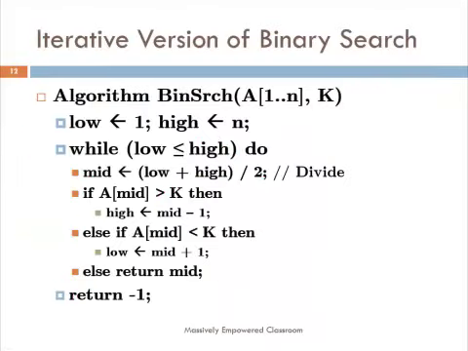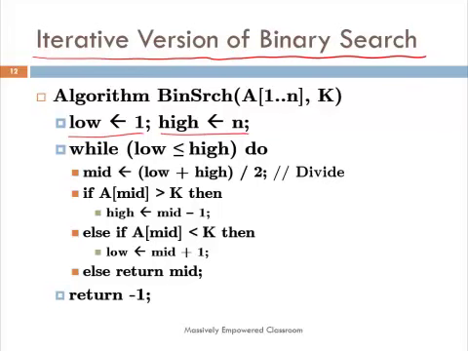You can eliminate recursion and come up with an iterative version of binary search. Right? So here is the slightly modified algorithm. Once again, we are given an array and the key k. We start with low equals 1 and high equals n. This is the same as what we called i and j in the other algorithm. As long as low is less than or equal to high, that means the problem is still not small enough. Right? We find the midpoint. I think we have to again take the floor here. Low plus high by 2.